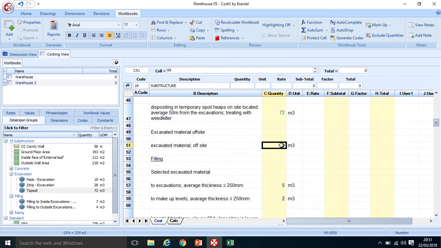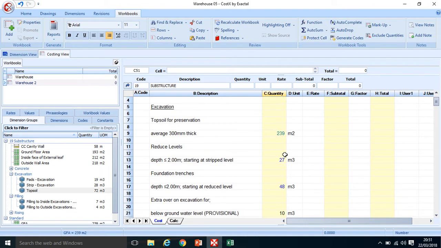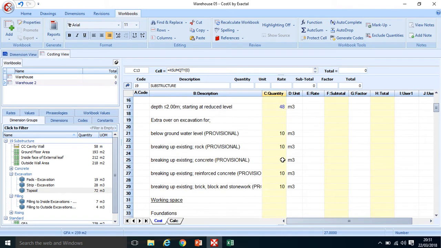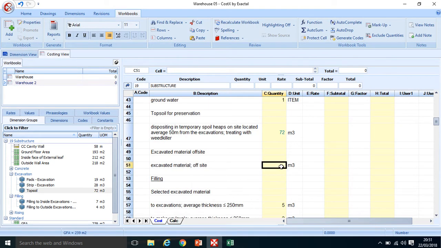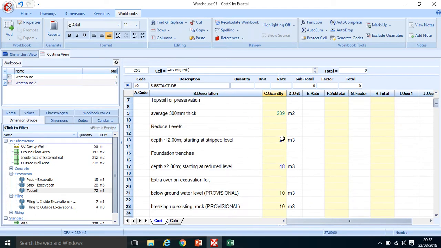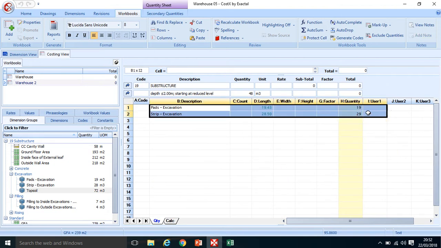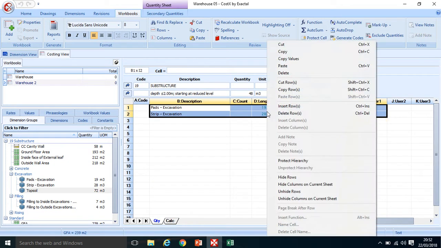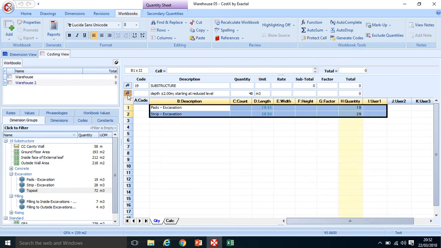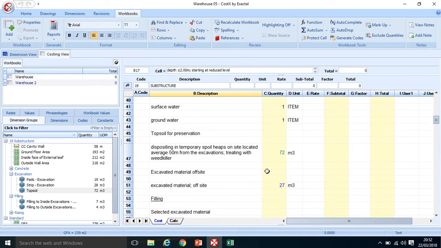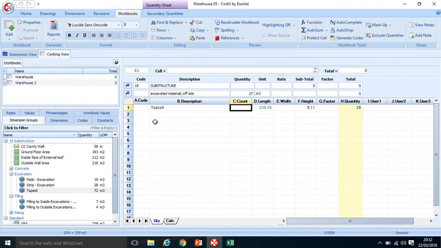Into my excavated material, I'm just going to delete this. Now I've excavated both the reduced levels and the foundations. So let me take that first item. I can copy it, Control C, and I'm going to paste it in there. Now, as well as disposing of my reduced level excavation, I also need to dispose of my pads and strip footings. So I'll select it, copy, come back out again, go back down, double click in, and paste it just